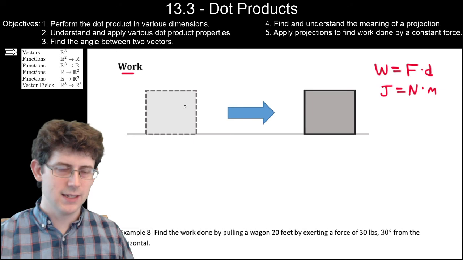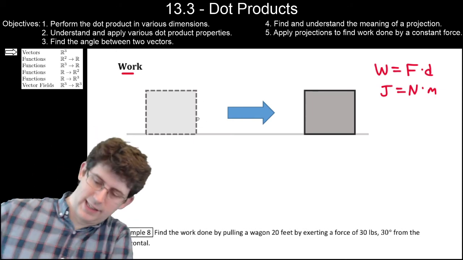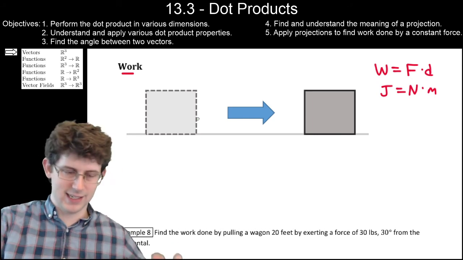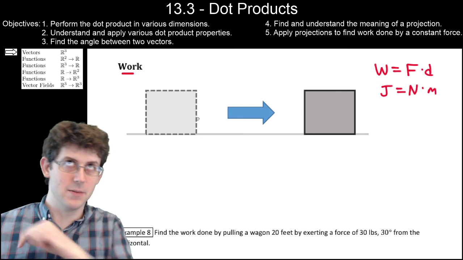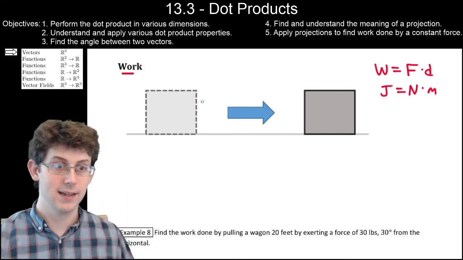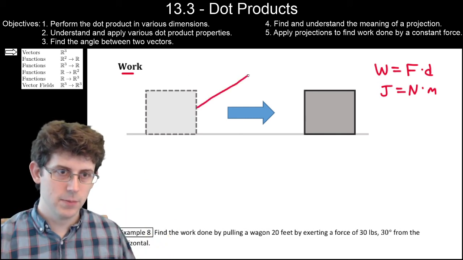The problem is when you're pulling a box, you usually don't just pull it directly horizontally. If it's a box that's on the ground, you'll have maybe a rope or something tied to it and you'll pull, but you'll pull kind of up and to the side. So if you're pulling this way